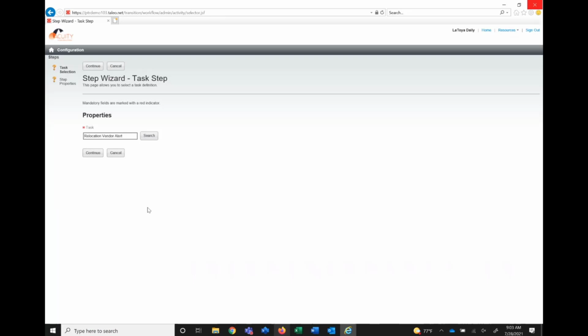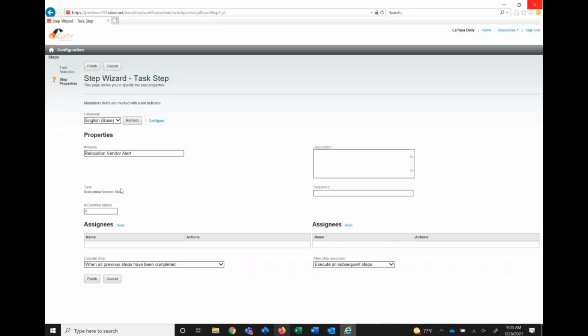Here's my relocation vendor alert. The duration will be 1 day because as soon as this step executes, it's going to trigger. I don't need a sequence because it's an external user. Sequences are primarily used for new hires. So when you have your new hire tasks, you're able to sequence those tasks, and that's what that sequence option